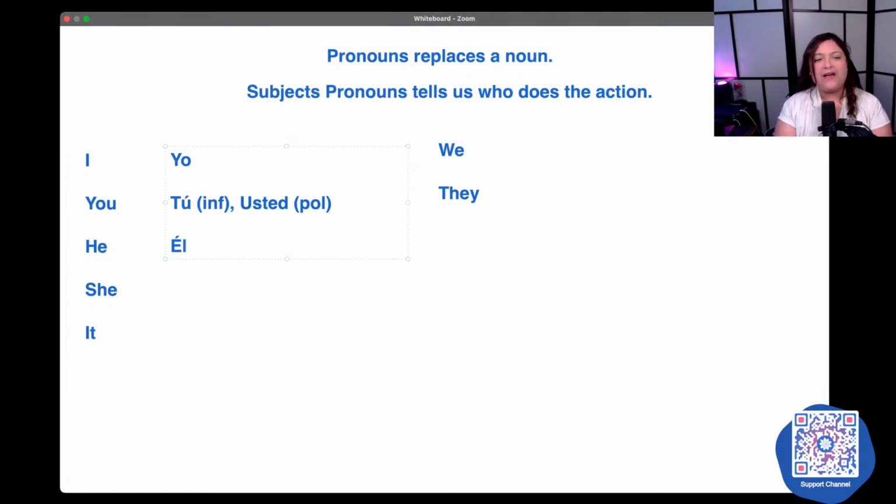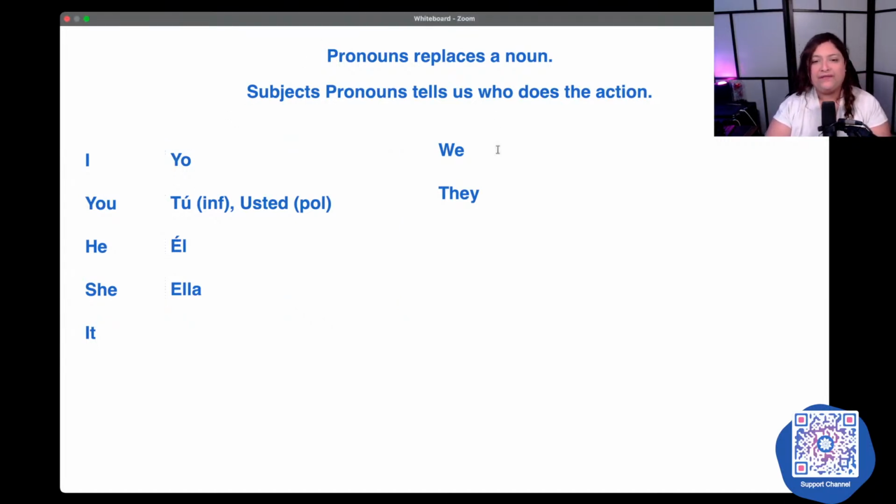He, we have él; she, ella. Now, since nouns are either going to be masculine or feminine, it will fall under the category of he or she. All right? But more on that later.